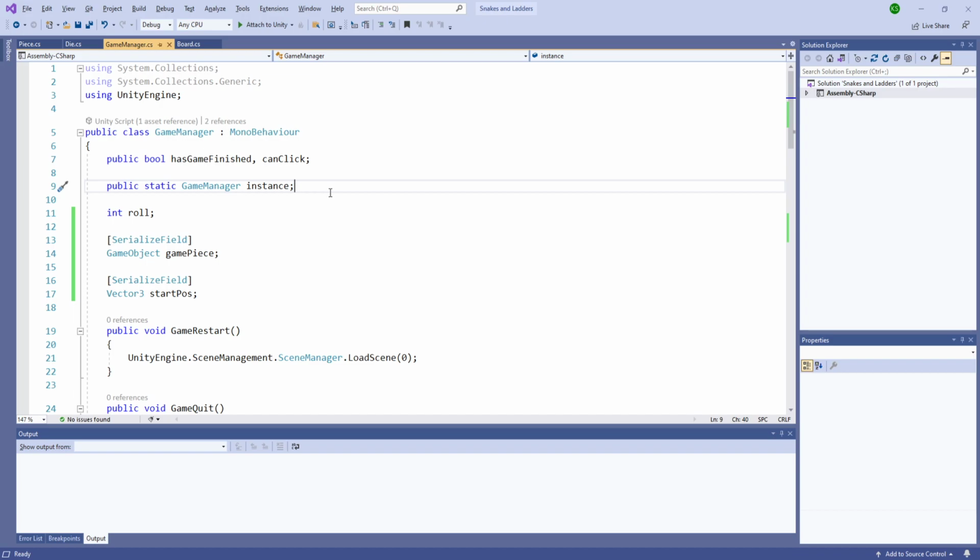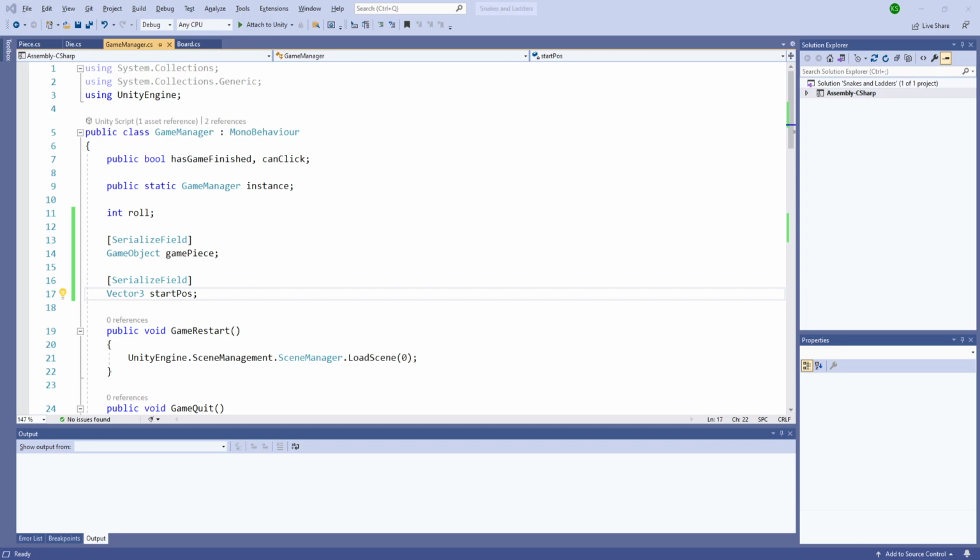Array vector 3. So let's first create the dictionary, code it because dictionary is not serializable,